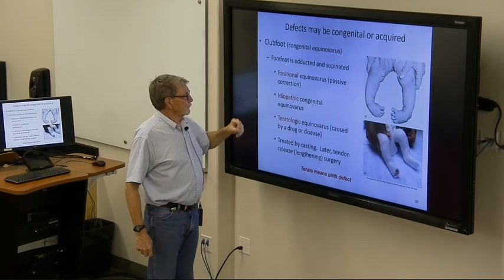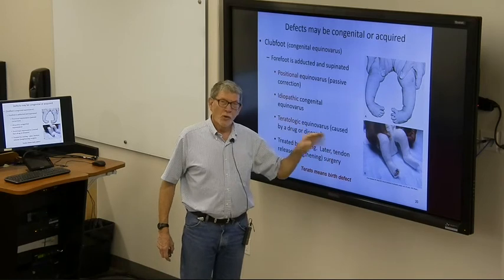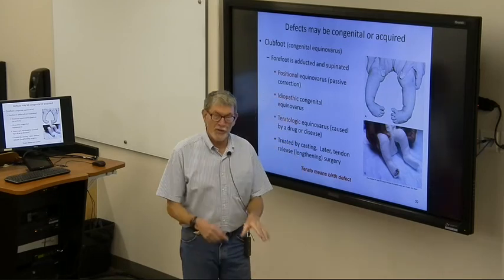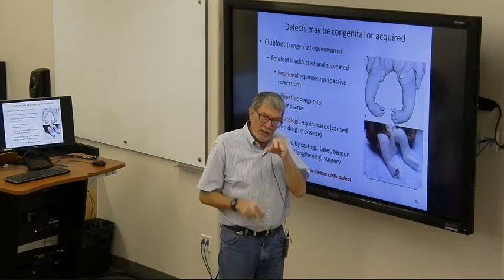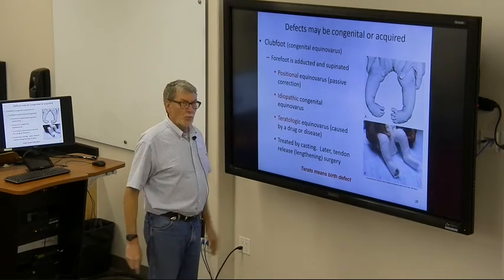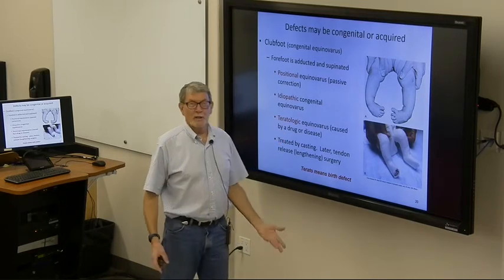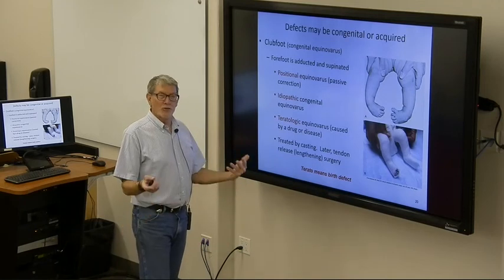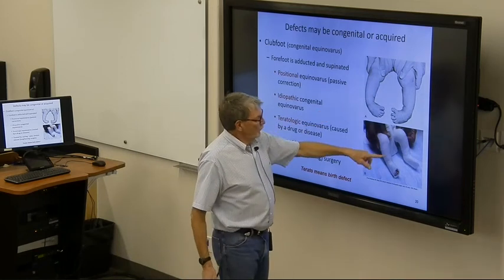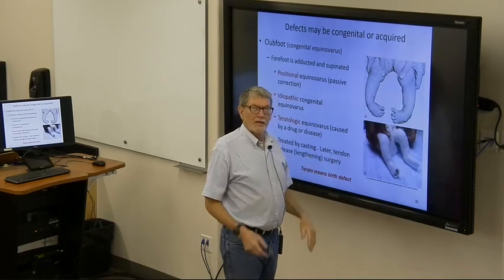Positional, it can be caused by binding the feet, as they did for years in ancient Asia, because they thought a woman looked better if she had little tiny round feet. Idiopathic means you're born with it for no particular reason. Teratologic means it was caused by probably a teratogen, a drug of some kind. And they use casting, they cut the tendons and lengthen them and straighten the legs out.